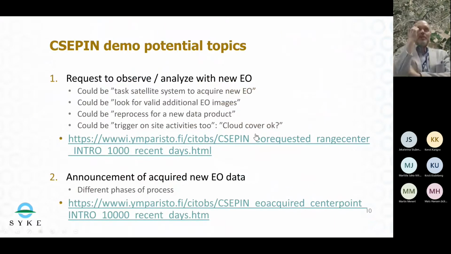I will briefly highlight what this actually means in the context of the project. We could set up this kind of sequences in which additional analysis of Earth observation data would be done in addition to this demonstration of what we did with the ICE-I data internally. And then we could actually see what would be perhaps good topics for these kind of things in the operational context